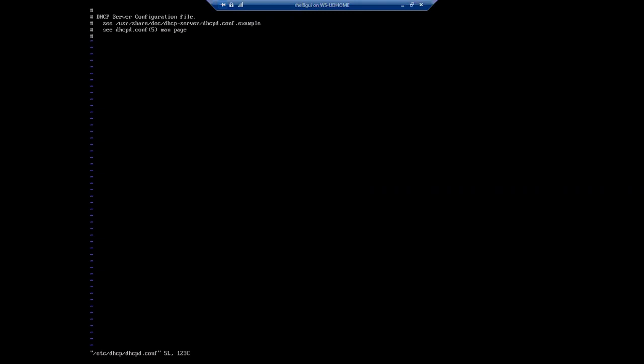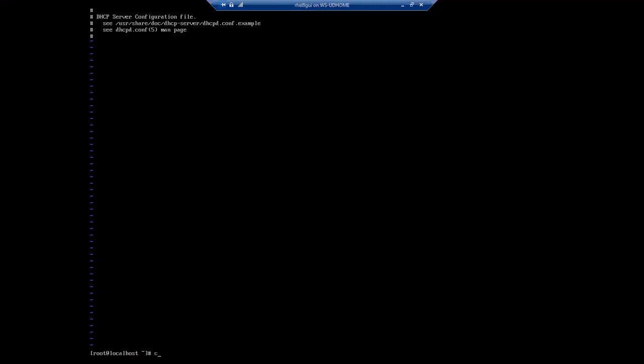So you can look under /usr/share/doc/dhcp-server/dhcpd.conf.example. That is the path where the sample files are located. From there we need to pick up the configuration file and copy it to the original path.